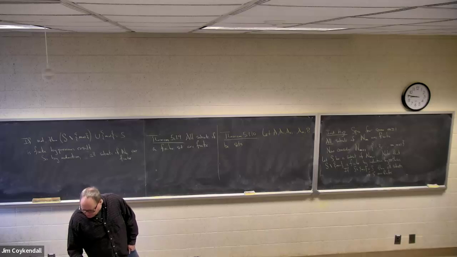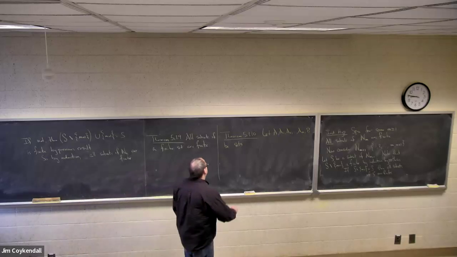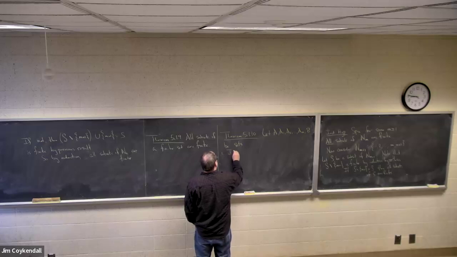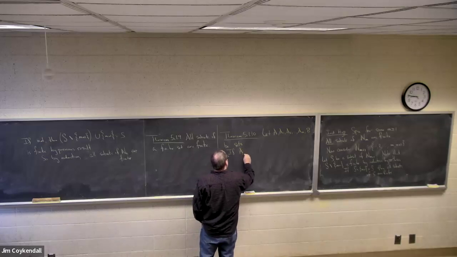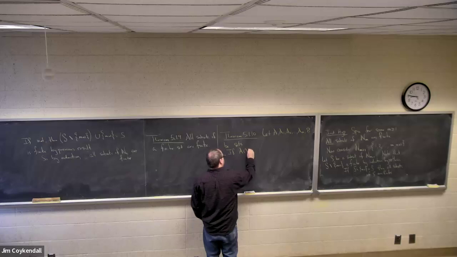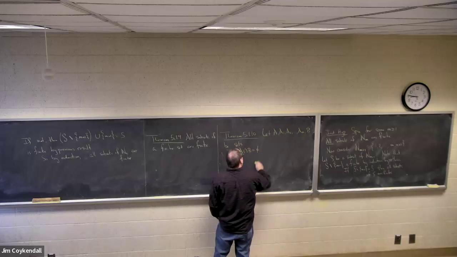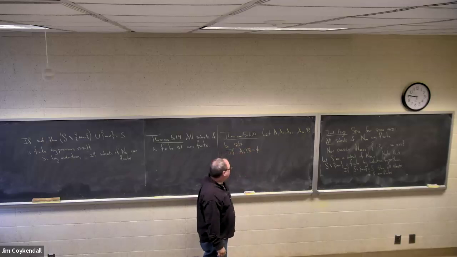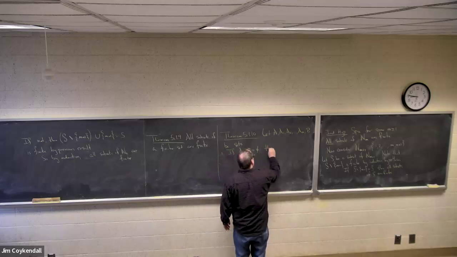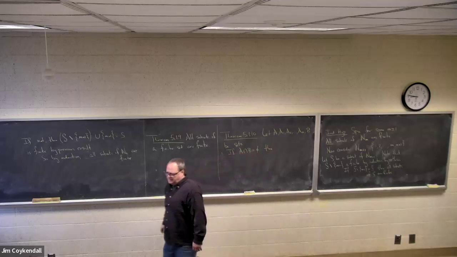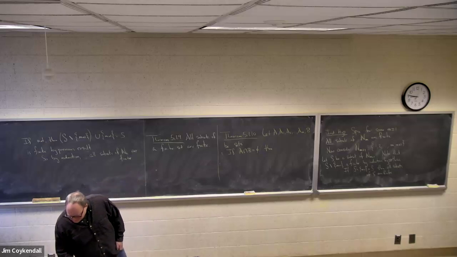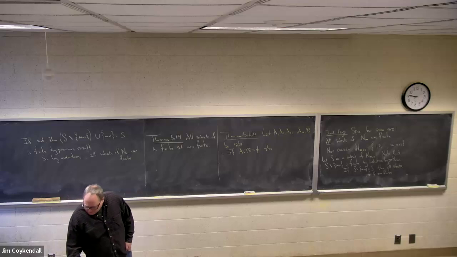If A and B are disjoint, that is, A and B are disjoint, then A union B is equal to